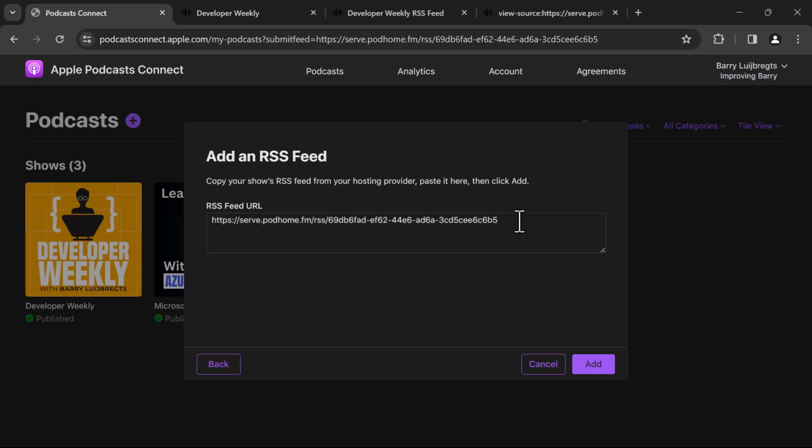Now, once I've authenticated, I will see this screen right here to add an RSS feed. And we've pre-filled this with your new RSS feed from Podhome. Now, I'm not going to do that because this show is already here, but you can see how easily that works. And after submitting this, it will usually take just a couple of minutes before this thing is actually added to Apple Podcasts, but it could be that it takes days as they might review your show. In any case, we will send you an email once Apple Podcasts has submitted your show to their directory successfully